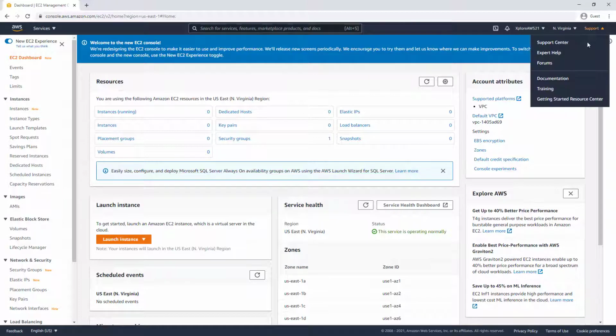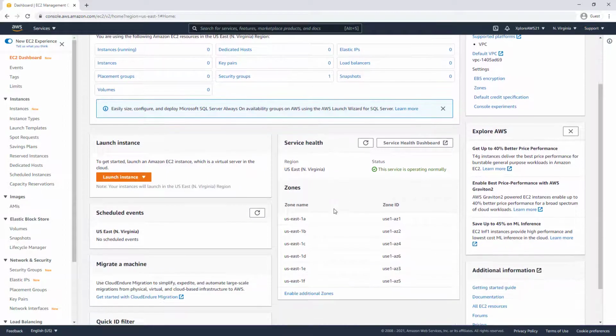So does the support center. So if I need to go and look at documentation or training, or if I need to actually open up a support ticket while I'm working on that application, I can do that from here. And one last thing to